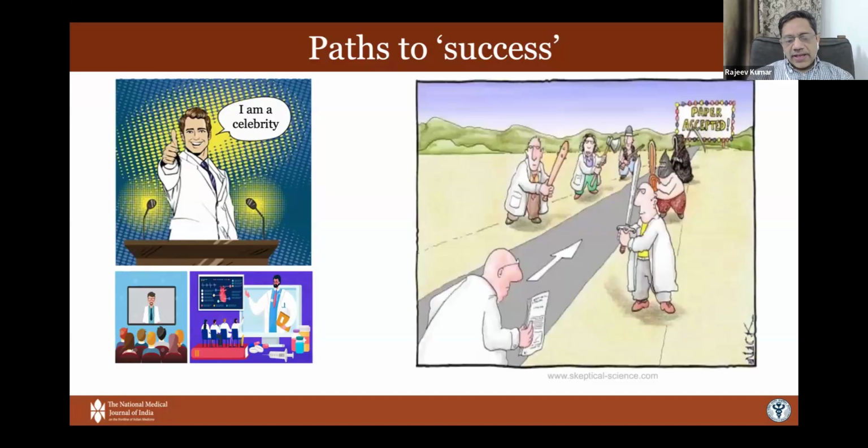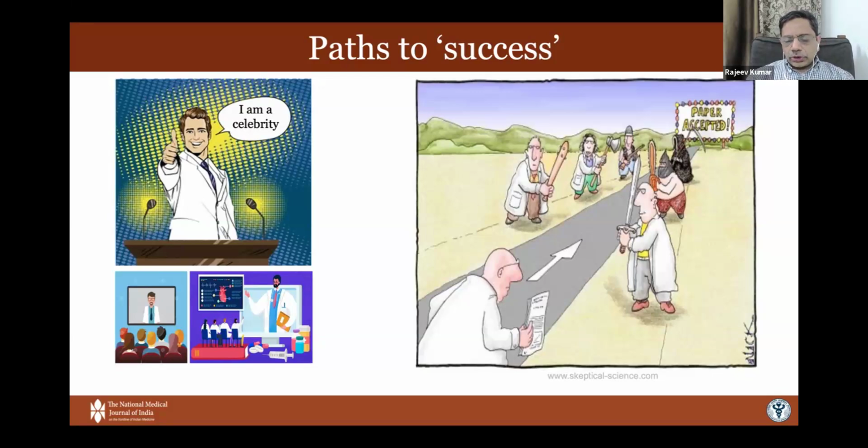On the other hand, the second way of achieving success, and this again is particularly relevant for science and medicine, is by crossing this path where you are trying to get recognition, but then there's a bunch of people who are preventing you from getting it. And that's the path that's called writing a paper. When you get peer recognition, which means how do your peers, other people in your field, know you exist, is because you've published work, and that's particularly relevant in medicine.